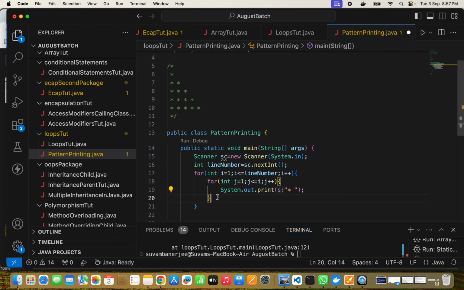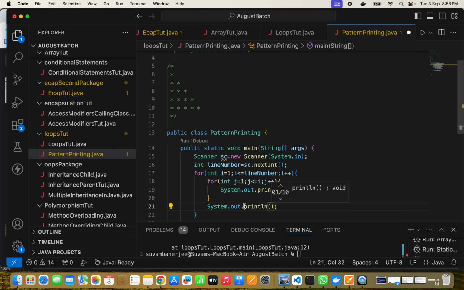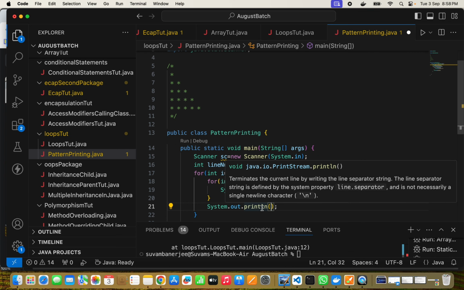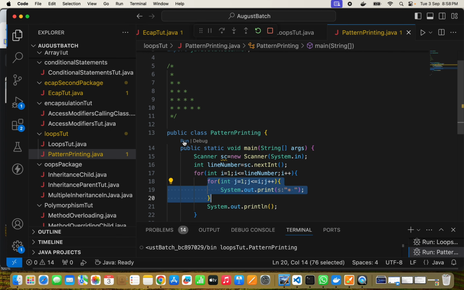Okay, and after each row there is a new line, so for this new line we have to print a new line character, or we can simply put a blank system.out.println. System.out.println will print in a new line. Okay, this is the column for loop, this is the row for loop. The outer for loop is the row for loop, the inner for loop is the column for loop. Okay, now if you run it, see, it will print,